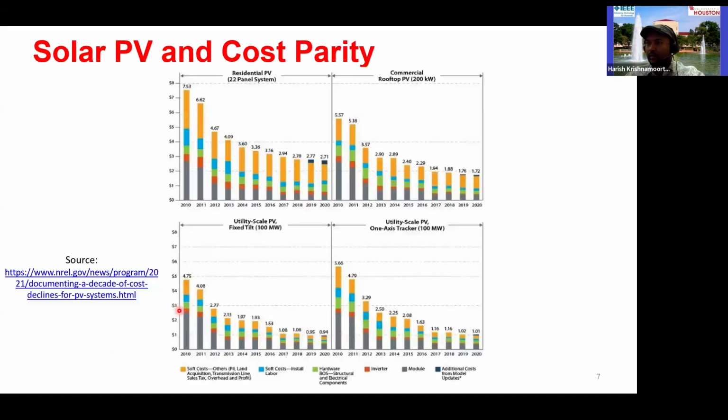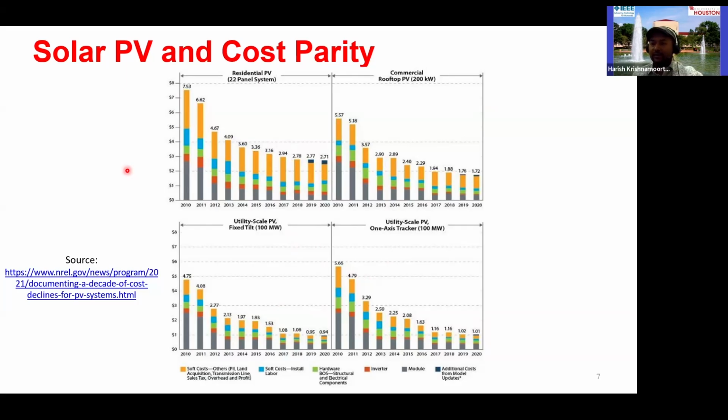Before going into some of those, let's look at what fuels some of these trends in the renewable energy sector. Looking at solar PV systems, residential PV, commercial, and utility scale, the general trend is that the cost has come down significantly. The price of solar panels per watt has gone down significantly. This has made solar PV systems achieve cost parity, even compared to the traditional conventional energy sources in many locations.